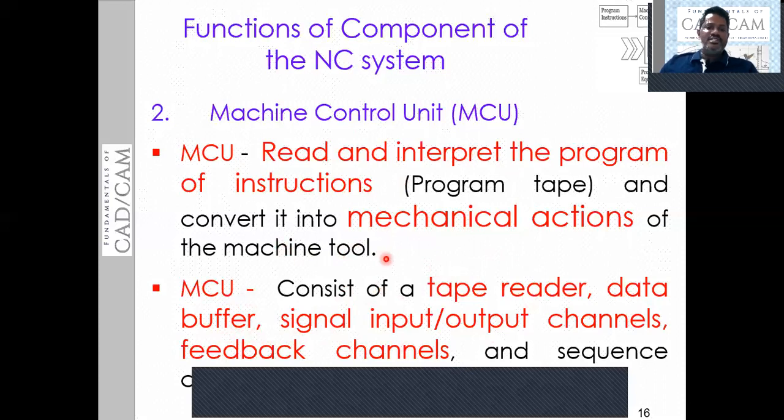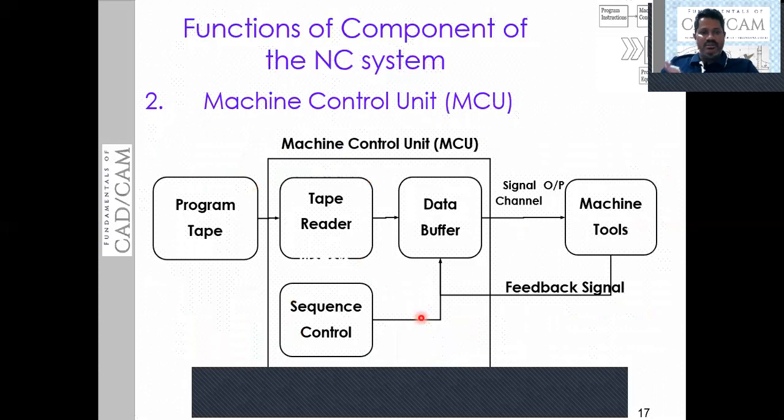Then the signal input and output channels are required for the feedback signals. Output is for the feedback channels, and the sequence control. Sequence control, let us see what these are in the coming diagram.